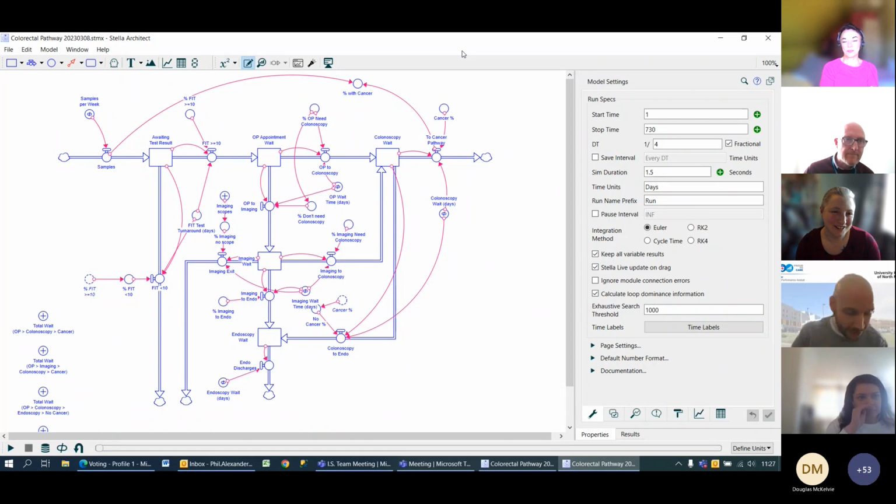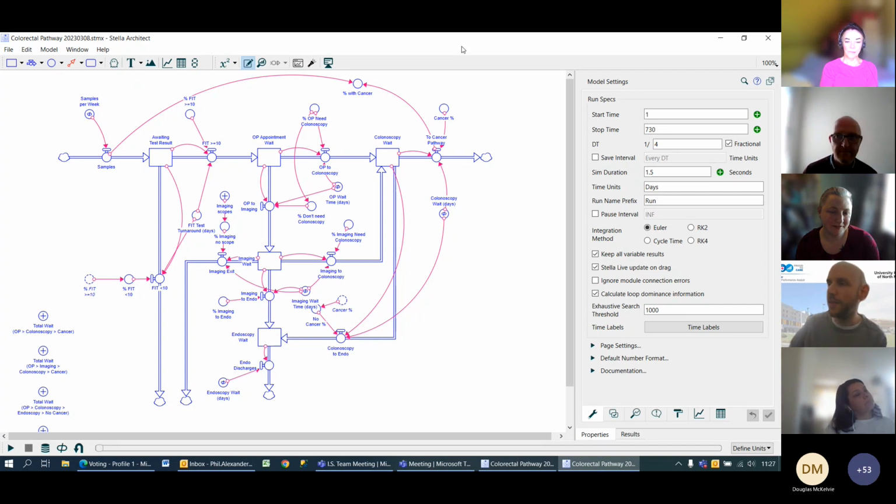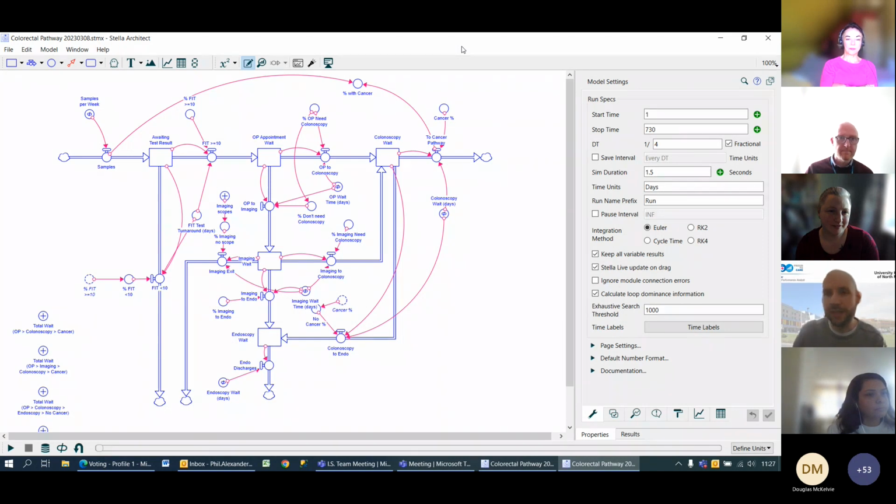So like I said, the consultant provided a flowchart, which I translated into the model that you can see now. This is the second iteration. When I started, I built the whole thing but didn't put any values or equations in, so it was just a map for us to start working on. But through talking to Douglas and also Stacey and Sally, I found it was going to be easier to just start small and build outwards, if that makes sense. So let me talk you through what this is doing and what it means.